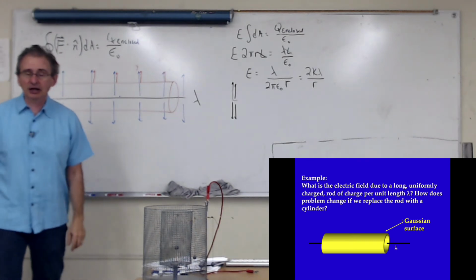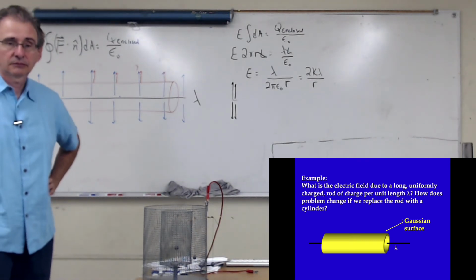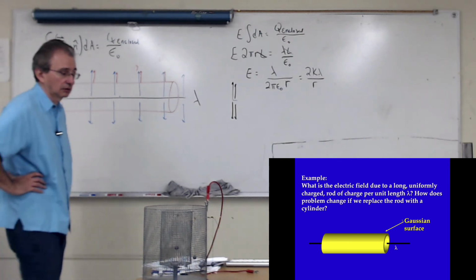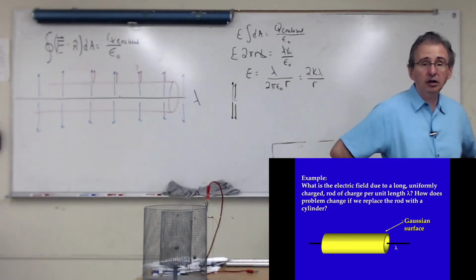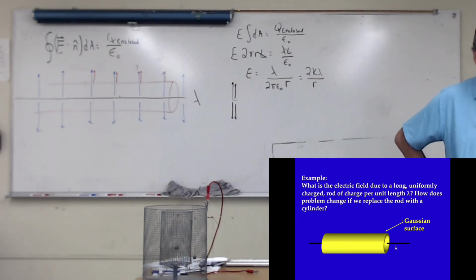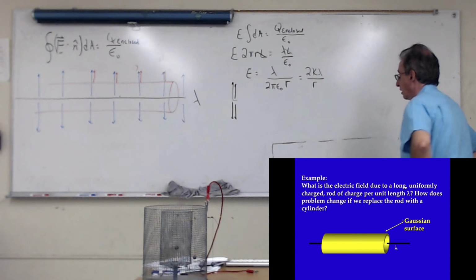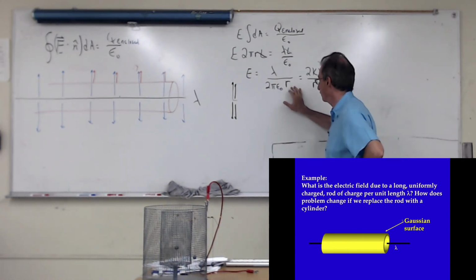If you're standing there, how long does the wire look? Doesn't it look infinitely long? The answer is yes. And so, to a really good approximation, you can write your expression for the field